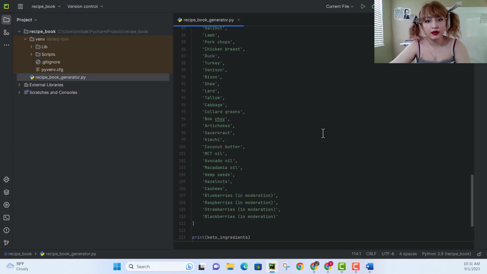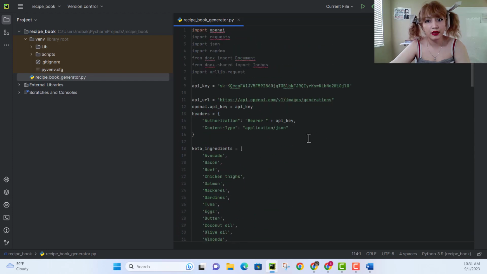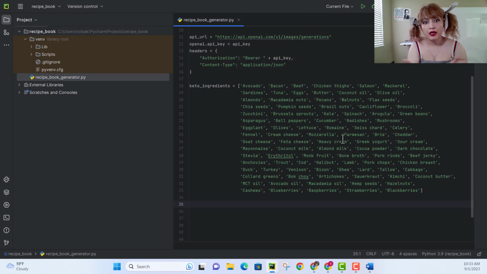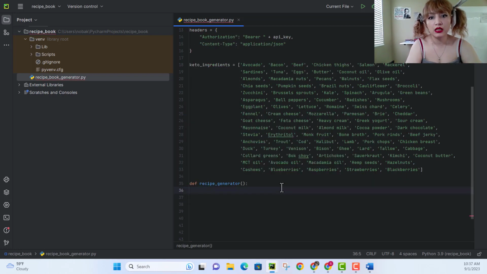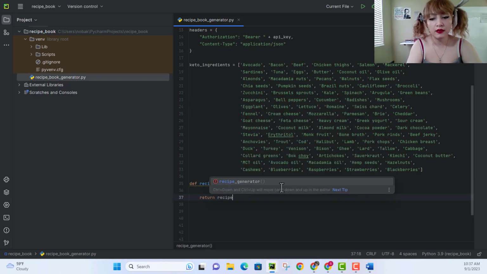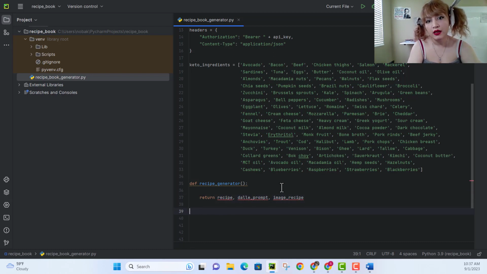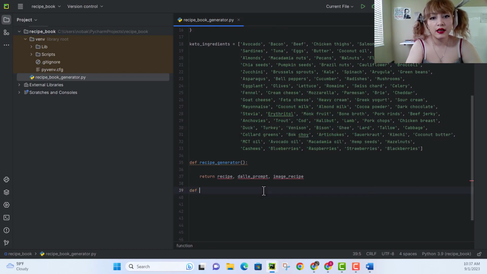I'm going to copy it here. It's a very long list. I'm going to say, and gives us the return, the recipe, and it returns DALLE prompt and image of the recipe. So that's a function here we have. I'm not filling it yet. I will later. And then I have